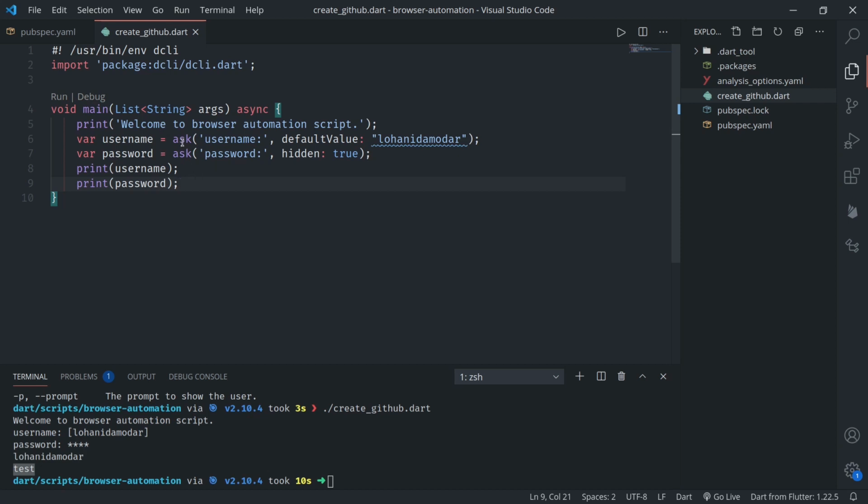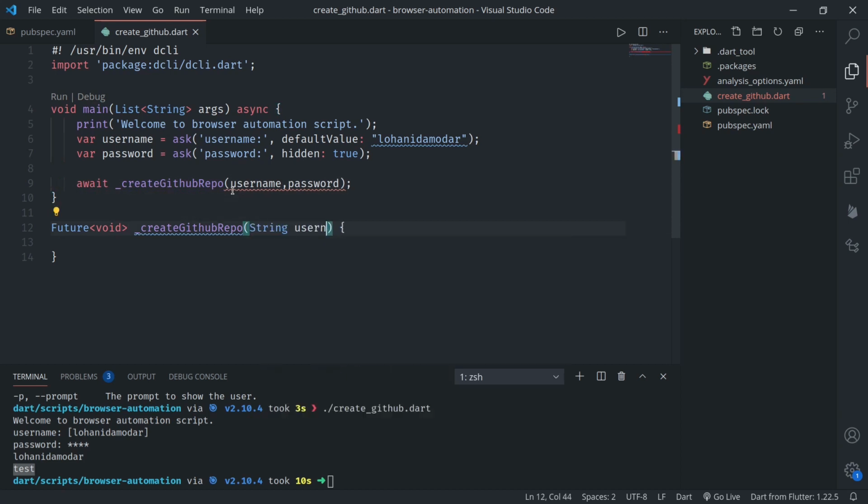Now we are able to ask values from the user or get input from the user using a Dart script. Next, what we'll do is we will launch a browser and try to open GitHub. For that, let me create another function called createGithubRepo, where I'll pass username and password. Let's make this Future void and let's await this, and this should ask for username